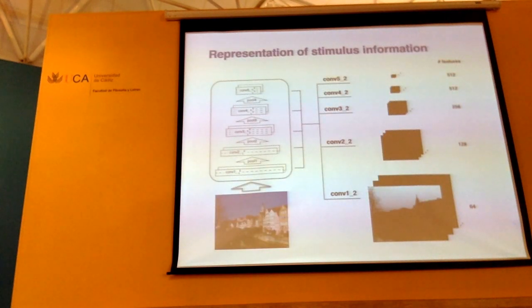And that now motivates the second part of my talk: how can we probe all the information that is represented in these neural networks? So now I'm going to first show you a little more about the VGG19 network that we are using in the following all the time. And if you feed in an image like this,